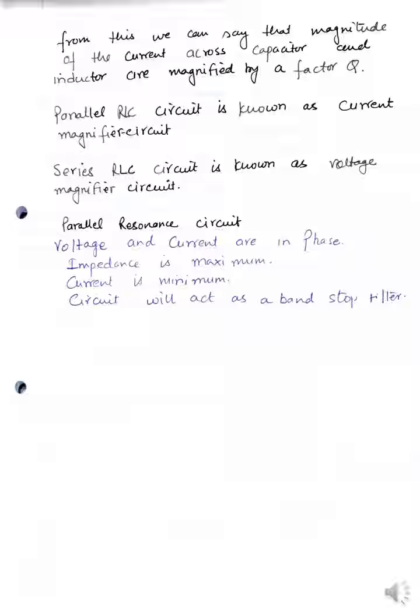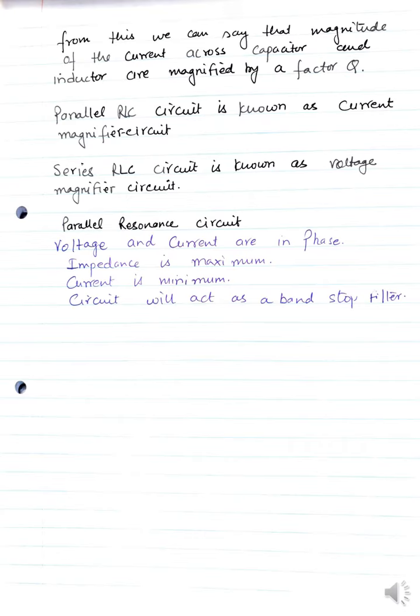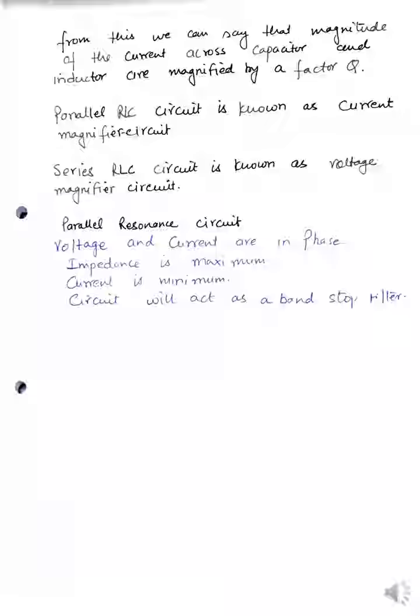So the test one will be somewhere between 20 and 27th of March, and I'll inform you on the group. So we can discuss the time, as I've asked you about what time will be suitable for everyone to write the test. And I want you to send me a message if you don't have any Blackboard access now. I want everyone to make sure that they have Blackboard access.